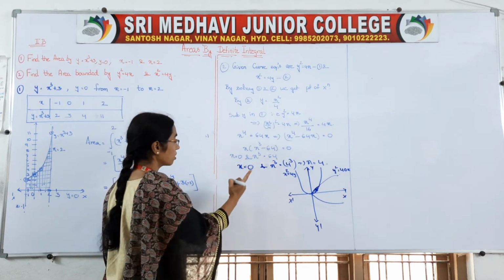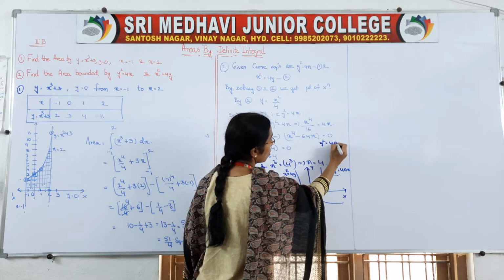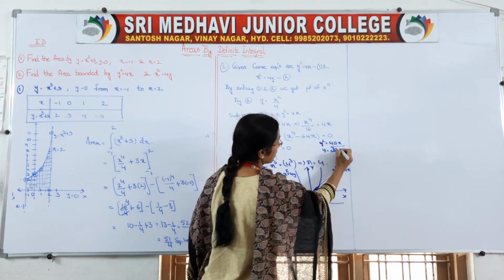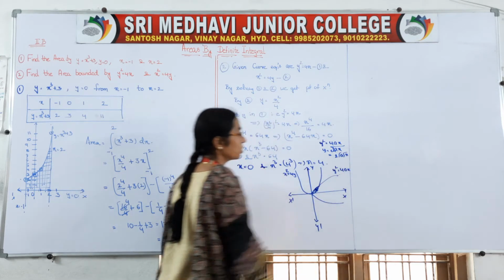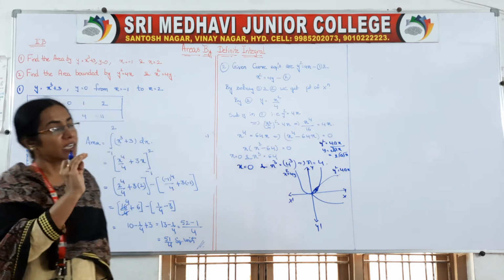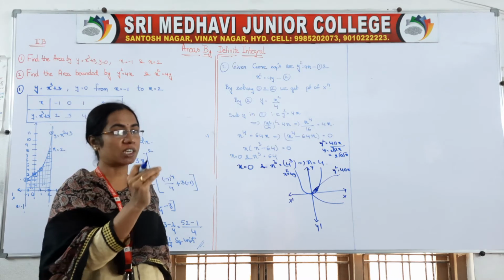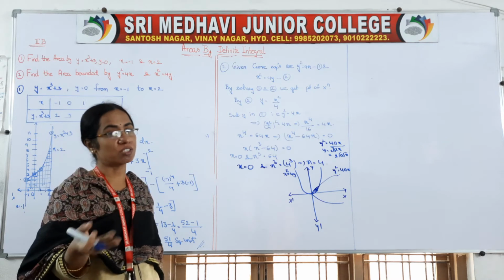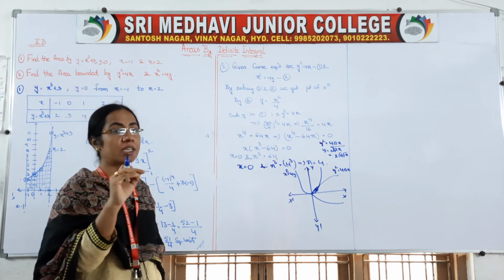So area is equal to, we have to take only the y value here. y square is equal to 4ax, y is equal to root of 4ax, right? So root 4 is 2, root a into root x. Okay, so always curve means y in our areas. Whenever we want to find the area of a curve, the curve is represented by y. Suppose the equation is given in terms of y square or y cube, we have to take y only, by taking the square root or cube root.